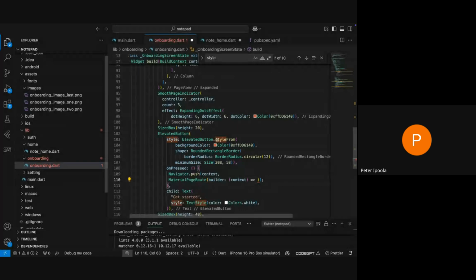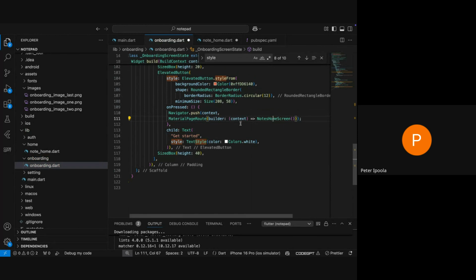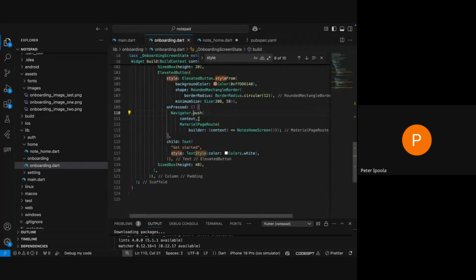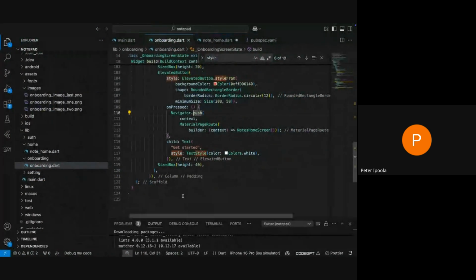So I'll now come here and I'll just say should route here. Then I'll also import it. So basically what I'm doing here is telling Navigator.push to which page, MaterialPageRoute and HomeScreen. So if I save this now and I click on this Get Started, it should take me to